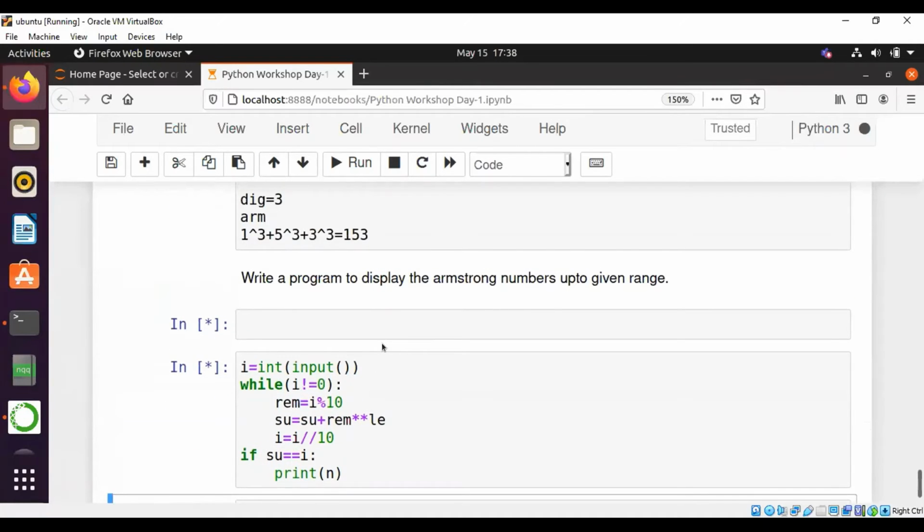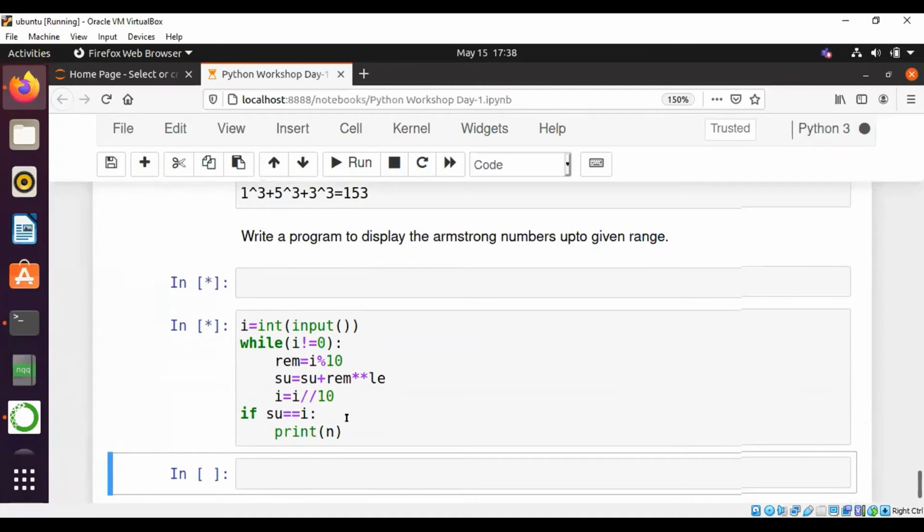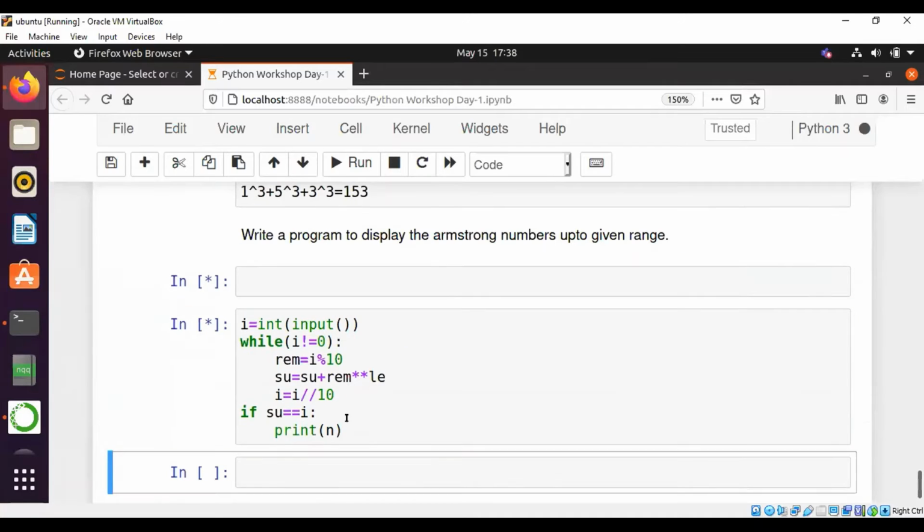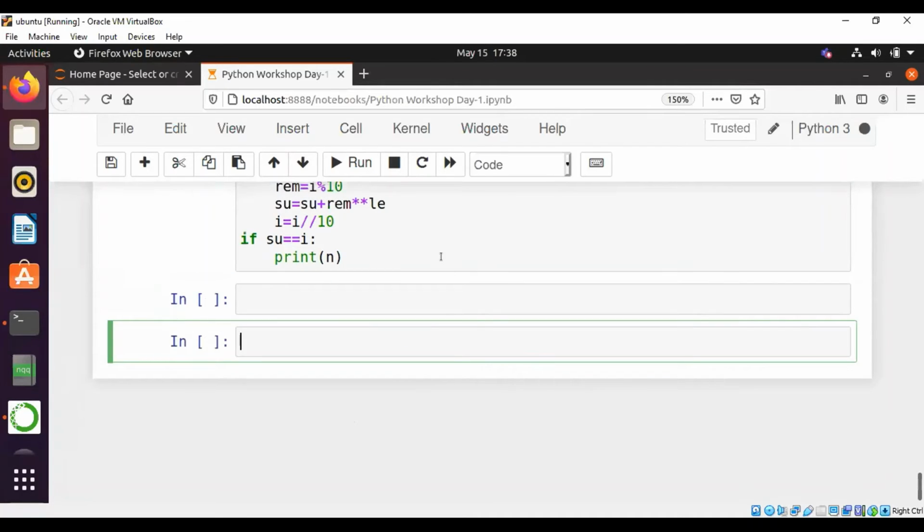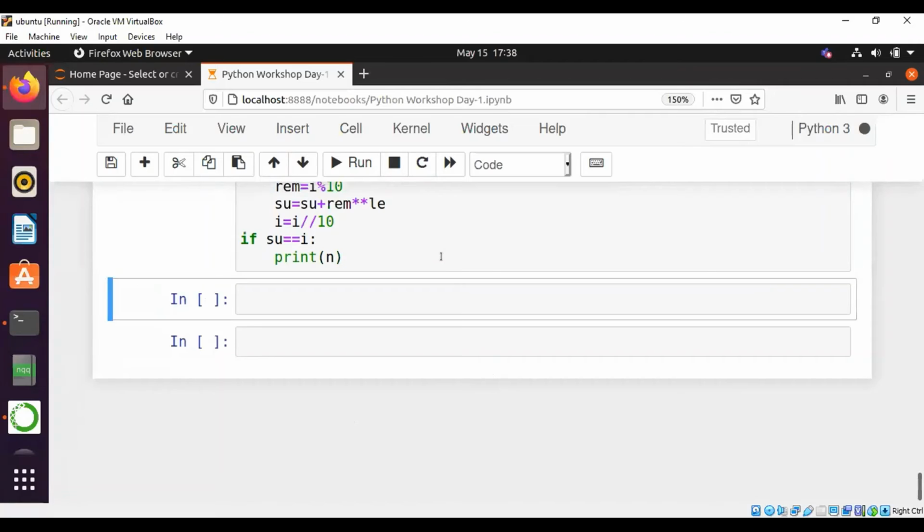Okay, I will change this code, and my compiler is not working. Okay, Ishwar, you can take over this session. Okay, I'll check this code, Sandeep, and I'll try to cover this code in the Telegram group.